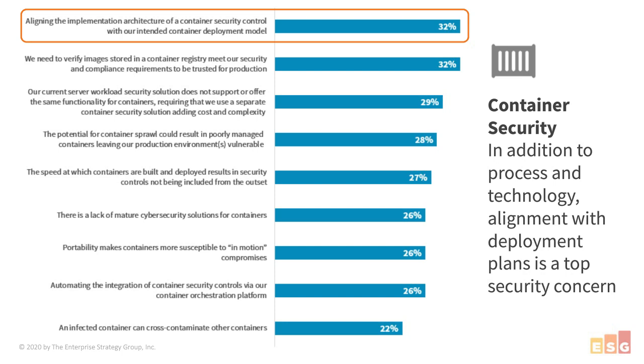We've got challenges here sort of related to tools. Hey, I'm currently using a workload security product that doesn't support containers. We're a little worried about container sprawl, so sort of a variation of shadow IT. A lot of what I'm seeing in this research data reminds me of VM sprawl and all the security concerns we had when VMware hit and we had ESX instances sort of popping up all over the place because it was so easy for people to spin up new VMs. Same sort of dynamic, but again, the big takeaway here in container security is aligning the architectural implementation of the security control with how you're going to deploy your containers.